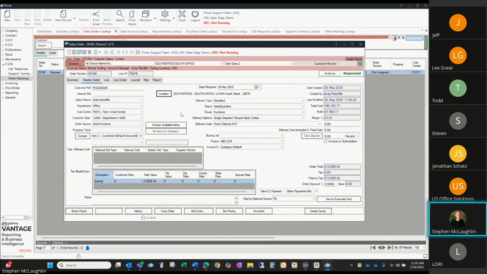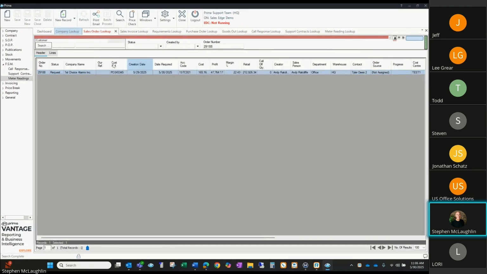We've done a lot more on projects, and these are getting really useful and more powerful now. So you can now create a project directly from the company record. That means no more hopping back and forth. It's all linked up nicely. So if I go into the company record,